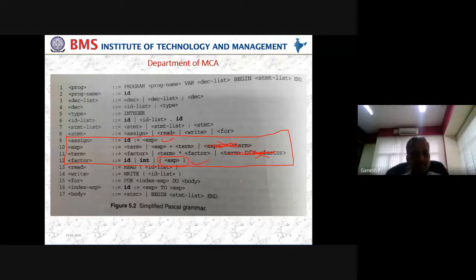So while constructing the tree, construct in 2-3 forms. Don't construct a single tree. Show a methodical way of constructing. So one for sum, one for plus, one for minus. That shows that a gradual construction of the tree is possible. So quickly copy this as a solution, which is a BNF grammar. Later you can construct the parse tree.